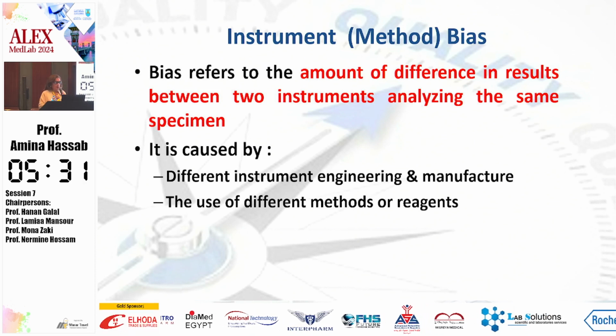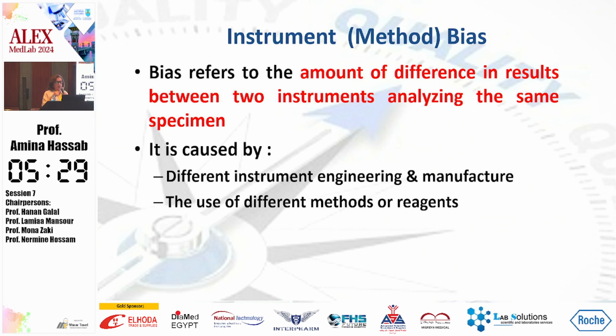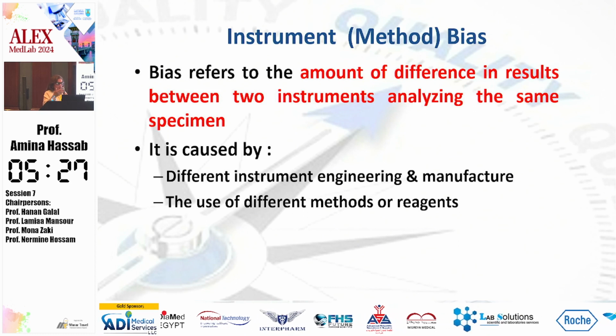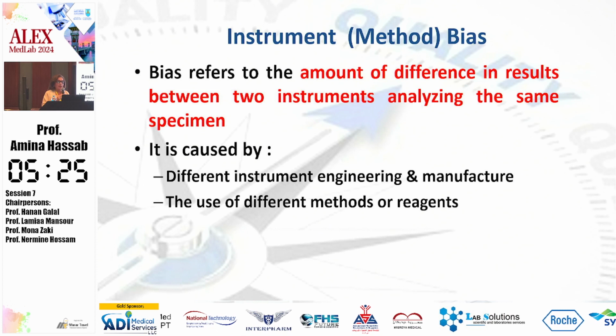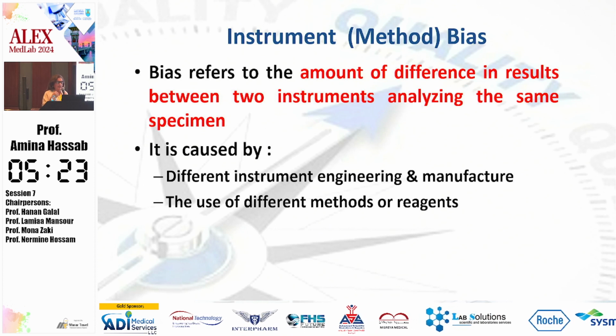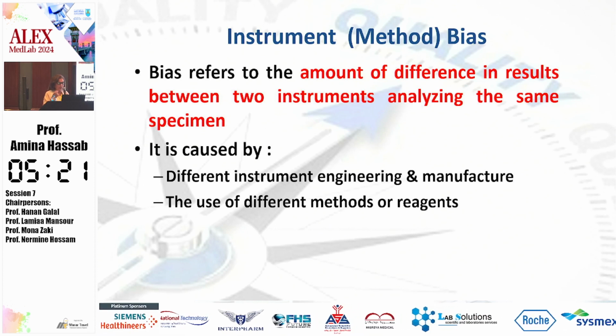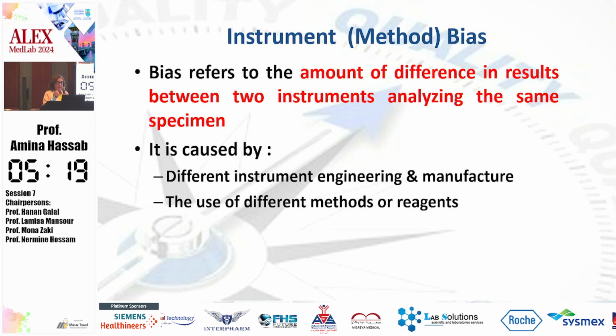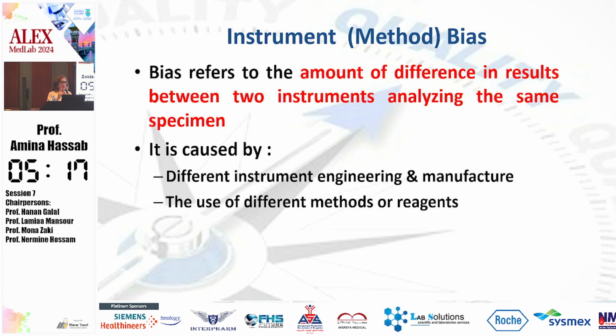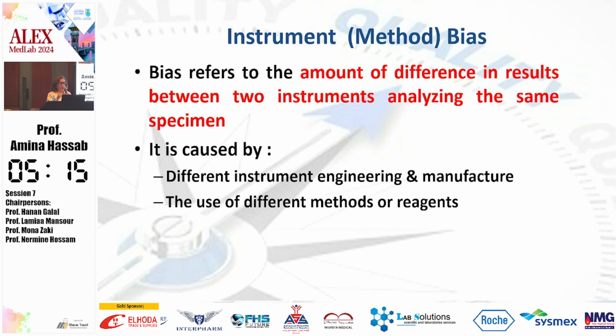But if this referral lab that I'm going to send samples to does not have the same analyzer or has a different method or reagent, then we have to calculate the bias between the results